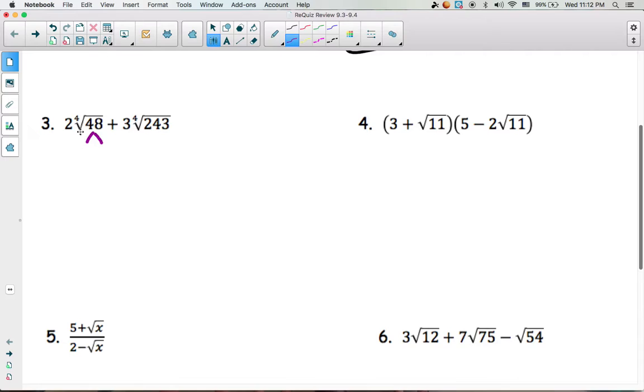So I'm going to start with the 48. I know that 48 is 4 times 12. 12 is 4 times 3. 4 is 2 and 2. 4 is 2 and 2. Now I'm finding the fourth root. So underneath I have 1, 2, 3, 4 2's